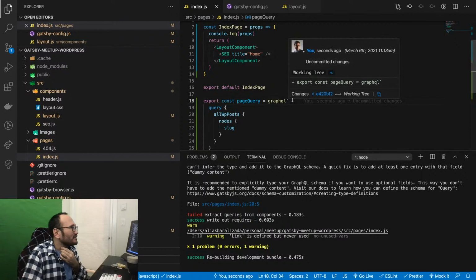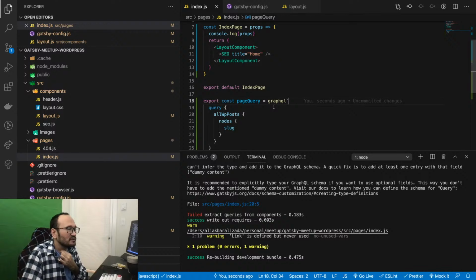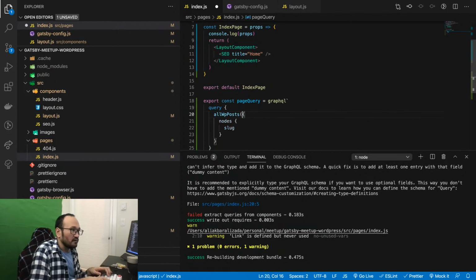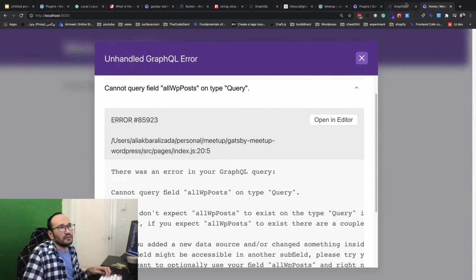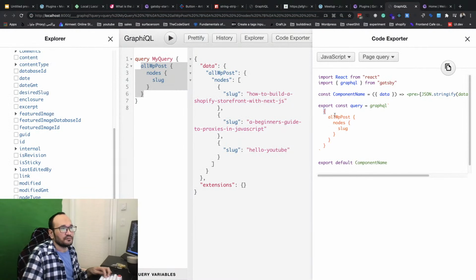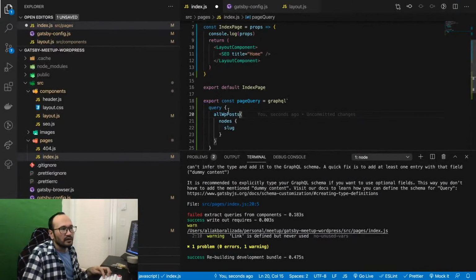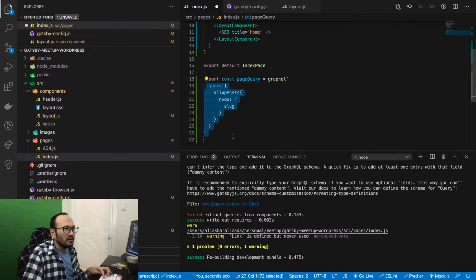The GraphQL query and allPosts should be fine. Maybe because I need to add something here. I don't want to sort actually. Maybe let's just copy this one from here. Oh yeah, when you do a query, I think you need to add something there, but let's see, copy this one actually. Maybe it works.